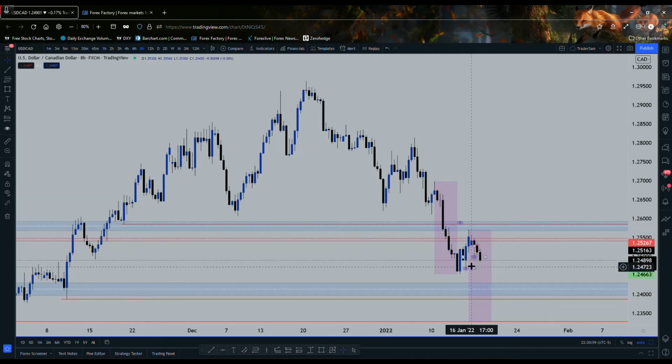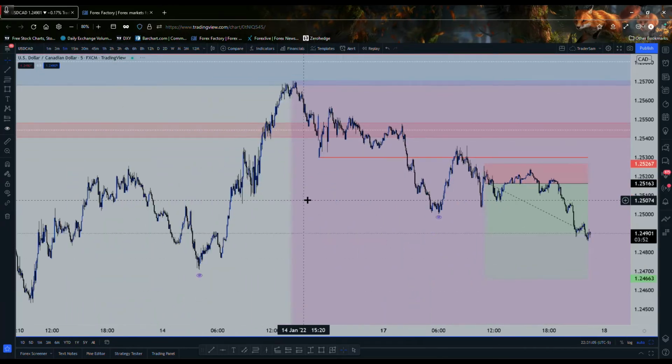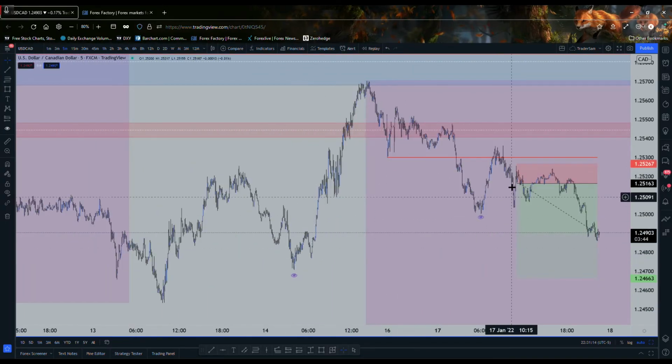And thankfully, as a day trader, I try to take what I can, and I saw it in the 5-minute chart, and then I took it. Kept my stop loss very minimal. My stop loss still hasn't changed, so whatever piece I have left that I want to see at the